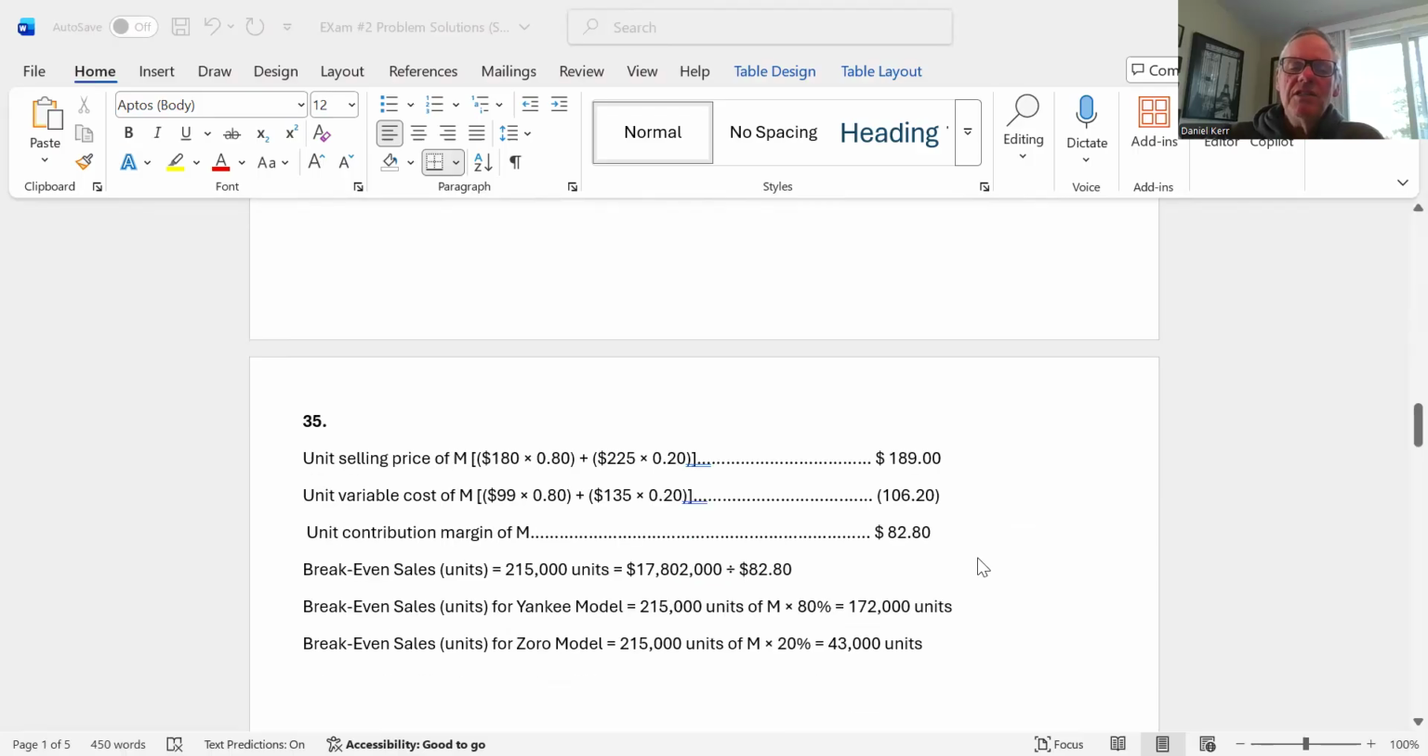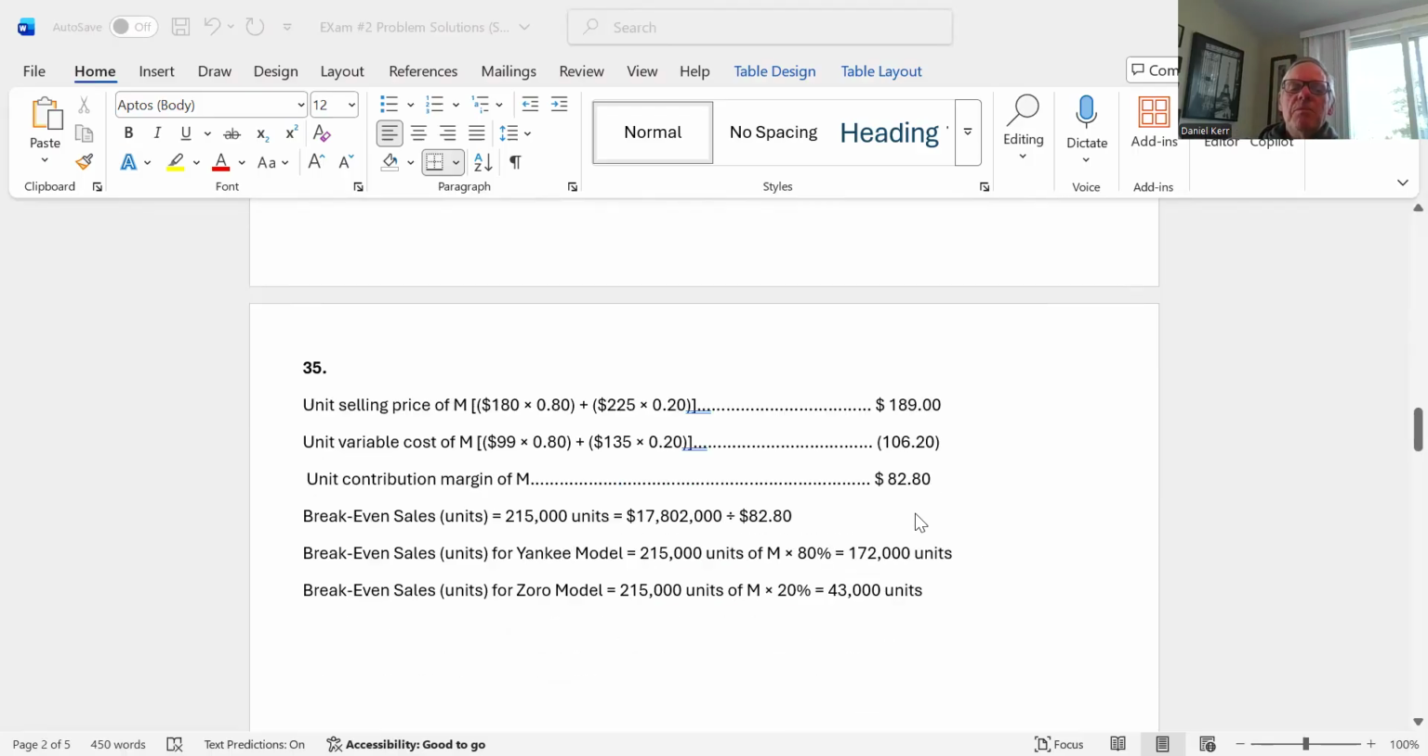Question 35, I think everyone got this right. You had to get the composite sales price, so it's 80% of this product M. The product Zorro was 20%, so 80% and 20% of the sales price. 80% and 20% of the variable cost. So that is your composite unit contribution margin for both products, weighted based on the amount that they sell,